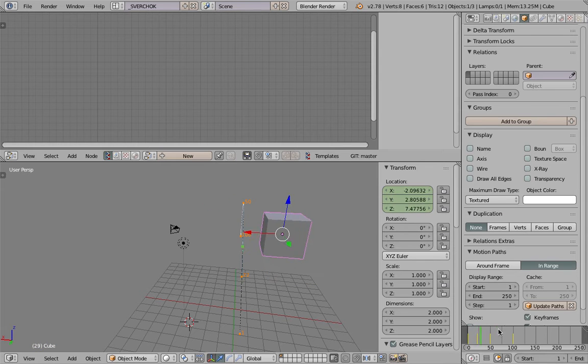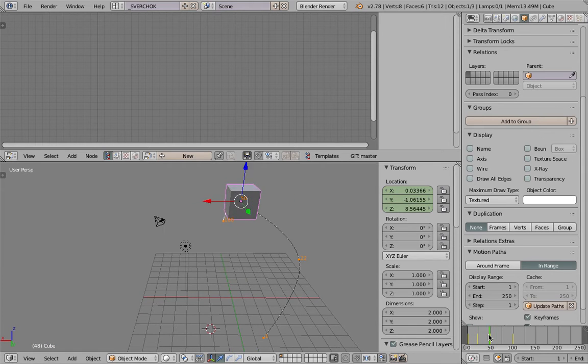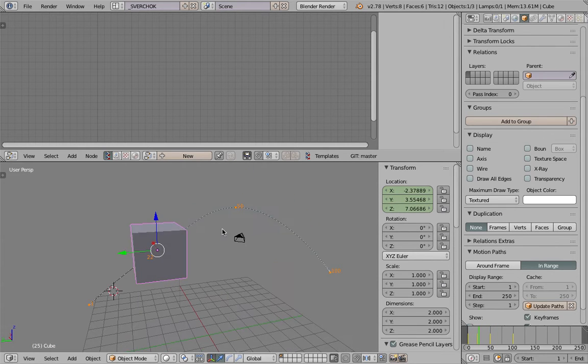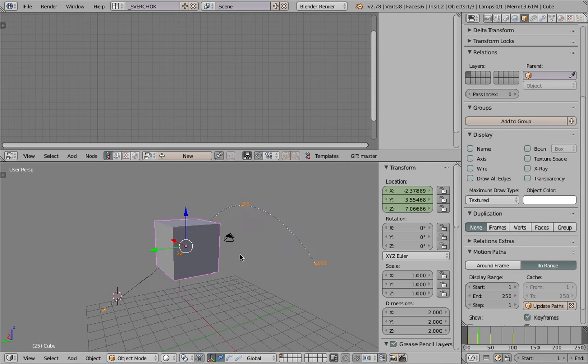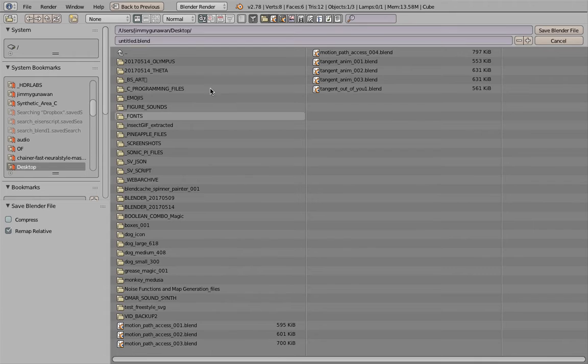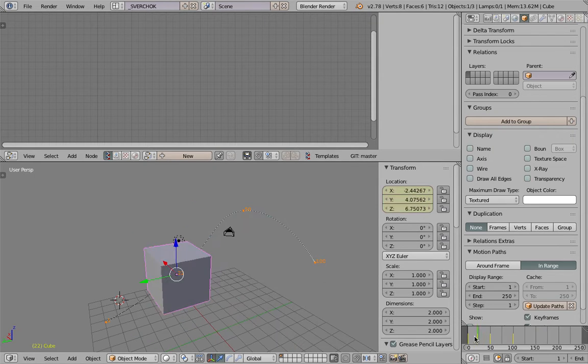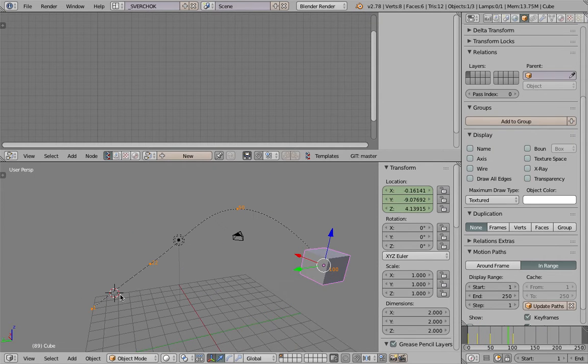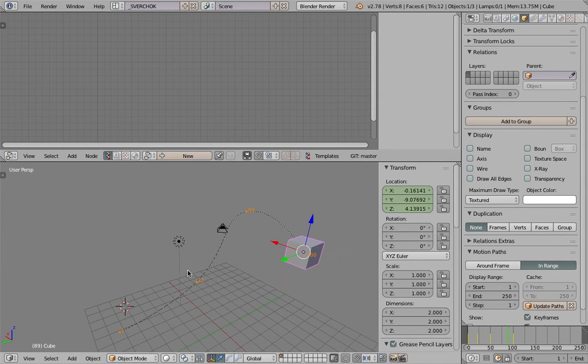This is basically my exploration of how we can access the animation data of an object. Currently, Sverchok probably doesn't have many nodes for it. Hopefully, maybe one day we'll have nodes that deal with animations. I'm gonna save this real quick. Motion path. Okay, so we have 4 keyframes and we have this motion path data that we can access using